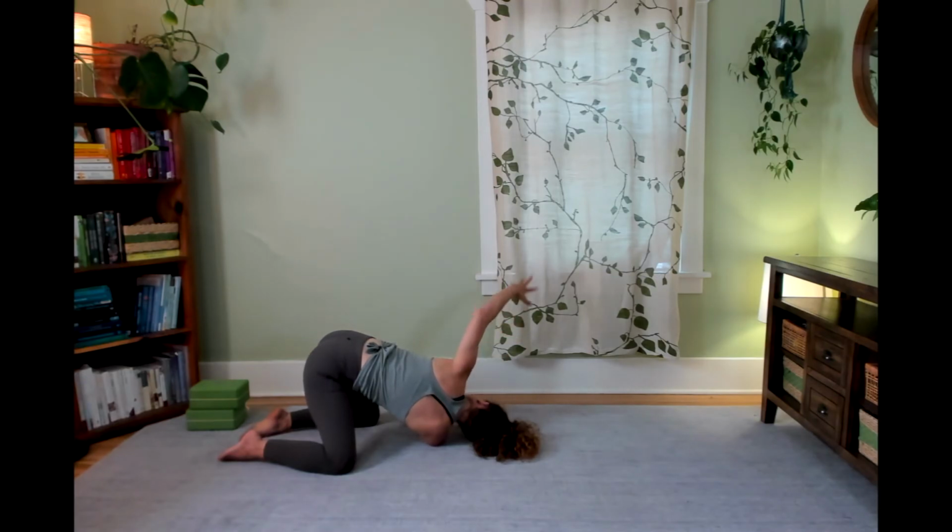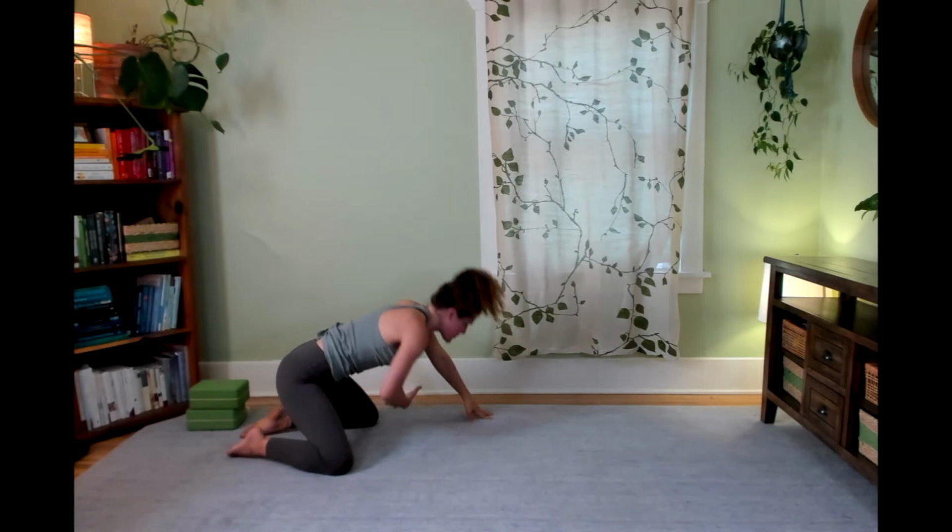Stay here or reach your left arm up, internally rotating the arm so that the back of your forearm comes along your low back, and then shift your hips a little bit to the right. Breathe. And we'll take the left hand back down, right arm up towards the sky,